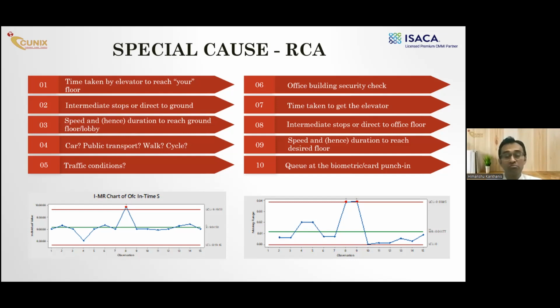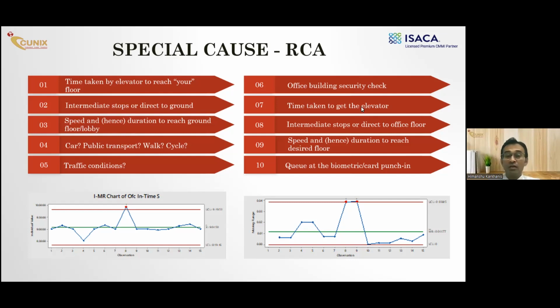Because sometimes you may be forced to take a walk, or you live very near the office, so you are too confident. And then because of overconfidence, you got late, right? Maybe you are taking a bicycle to office, you're a health enthusiast, but there's a puncture. Some kids have made some nuisance. What about traffic? Regardless of what mode of transport you took, maybe there's too much traffic which blocked you,